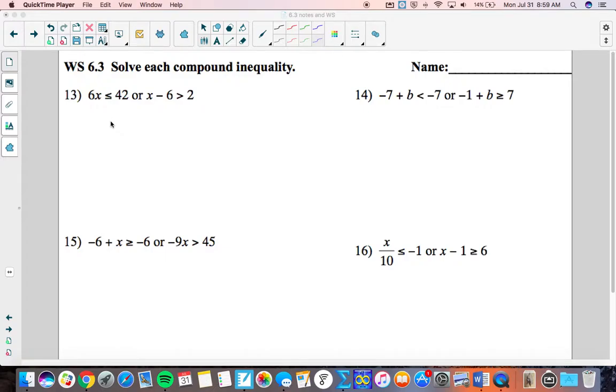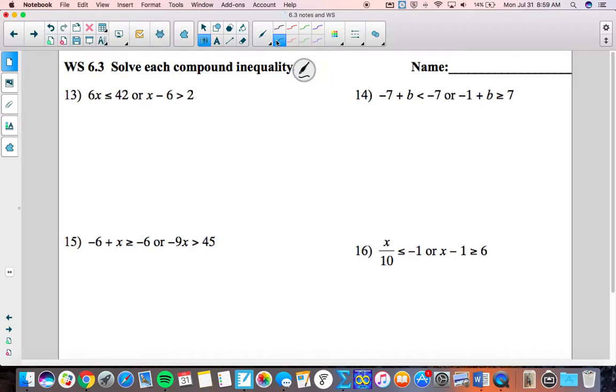So we're going to do some examples here, solving compound inequalities. We have a mix of ors and ands situations. We're going to start with the ors, it looks like, as I skim these problems. I'm just looking for a tough one. Boy, none of these are tough for you guys, are they? Oh boy, I'm going to skip down to number